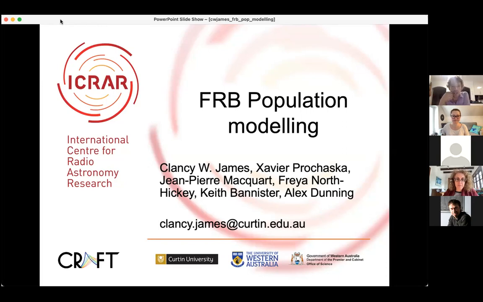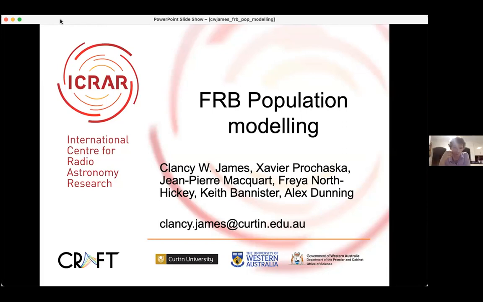So, this is the work on FRB population modeling, which means it's probably the most boring FRB talk you're ever going to hear, because it's the modeling. It's not the usual FRB talks of, look, here's a weird burst and here's another weird burst and here's a beautiful image of a host galaxy and we don't know what it means, but look at it, which is how I characterize most of the FRB field. This is work done with a bunch of others. Mostly this was me going headlong into the modeling myself because that was my background, and then pinging other people for various contributions.